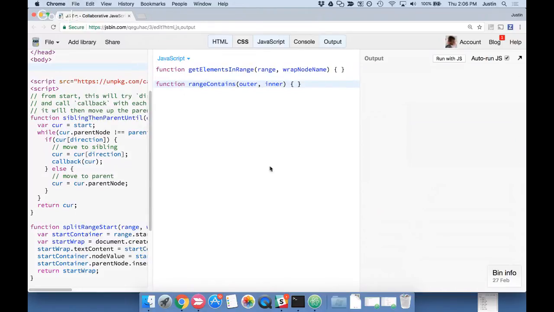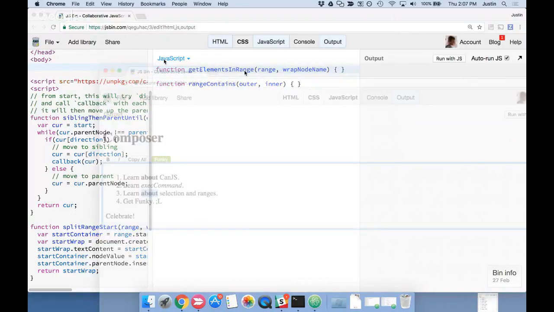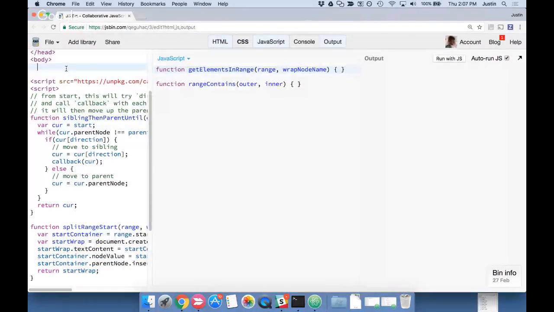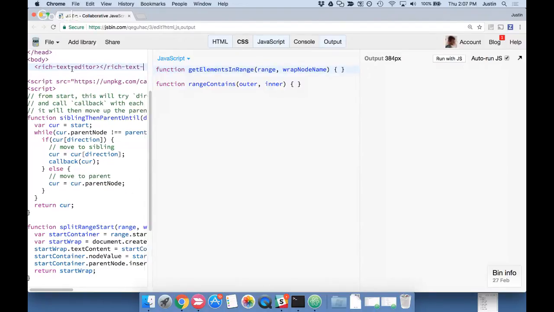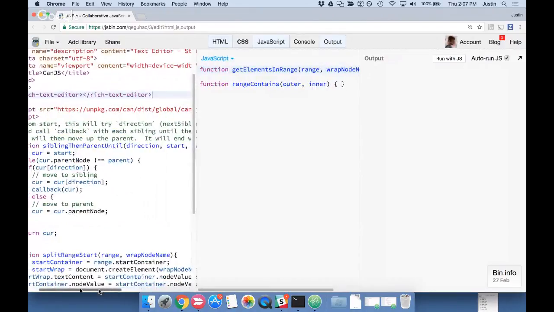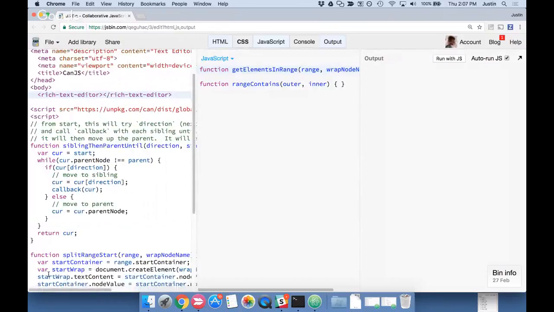The first step, though, is I just want to get a text area that I can start typing in. And I'm not going to worry about any of these controls. What I really want to be able to do is if someone wants a rich text editor, I want them to just be able to put in their page or in another component's view, rich-text-editor, to make a custom element. Hey, there's a rich text editor. And as long as they've loaded the CanJS code that we're going to be making,